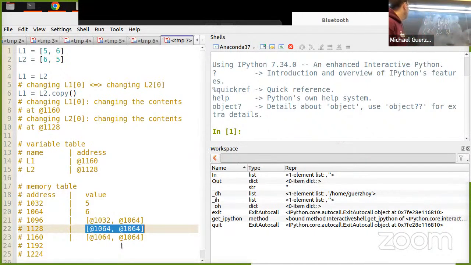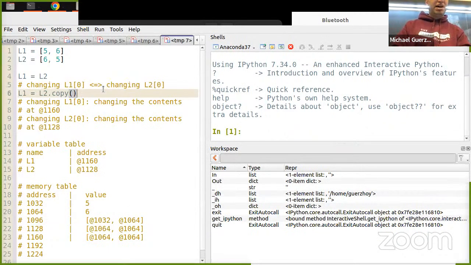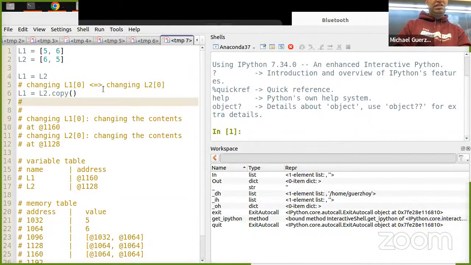All right. So in terms of the picture, it's going to look like this. And of course, if I go and change this to something else, L2 doesn't care. To come back to how we did it last time, this is the same as saying, I'll name it shallow copy for reasons that are going to be clear in a second.